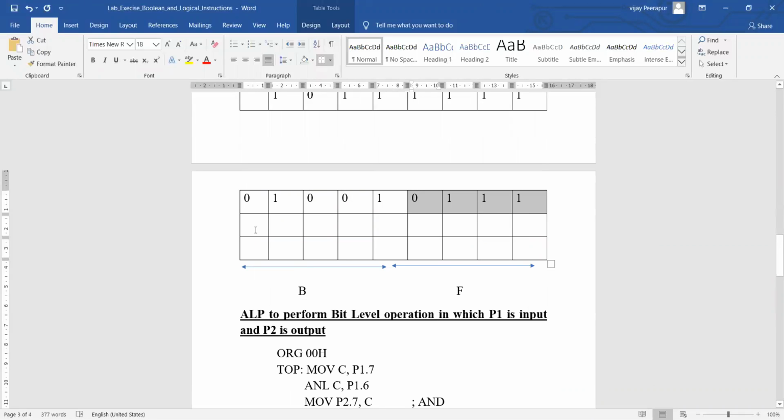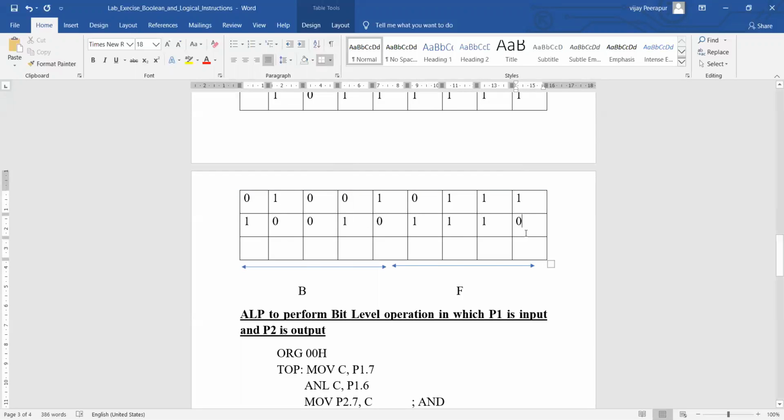When I do rotate left with carry, what will happen now? The most significant bit will become the carry bit. This will be 0, this is 0, this is 1, 0, 1, 1, 1, and the carry bit will become the least significant bit.